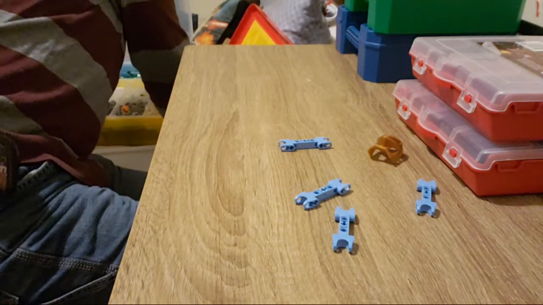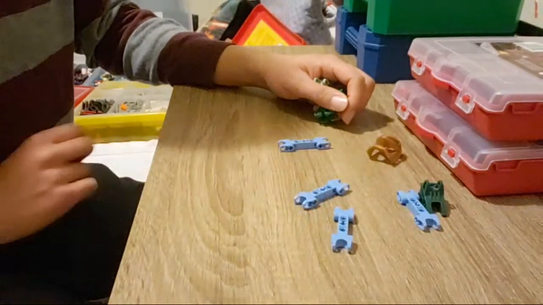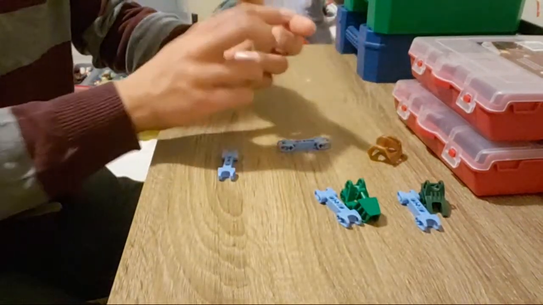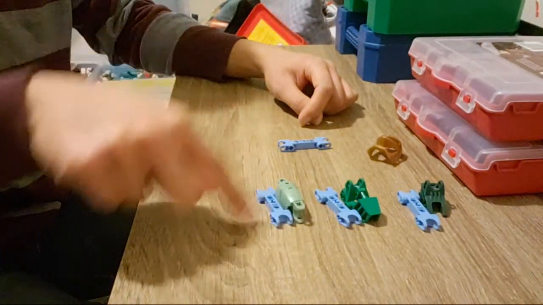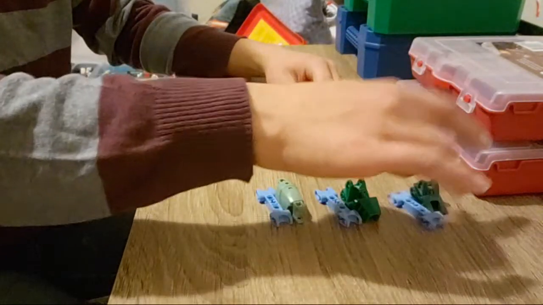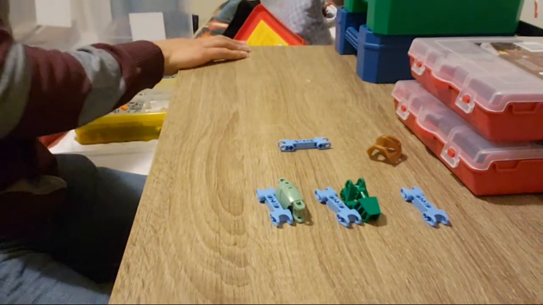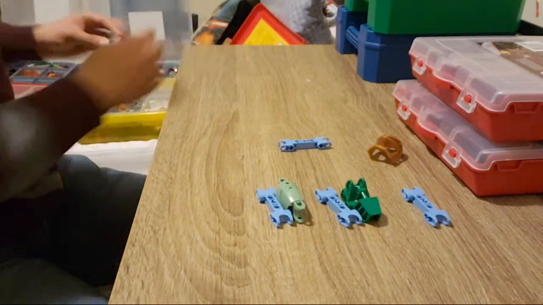Let me grab different types of green and see which would be the best combination for this lad. We got dark green, light blue, mud green, light blue, sand green, light blue. I like the sand green. The sand green and the light blue looks good. I like that color combination. This is too dark, so we're going to get rid of that. What other type of green do we have? Oh, we got the pearl green. That's going to be very hard to do, but...